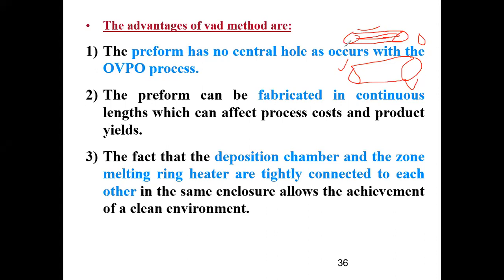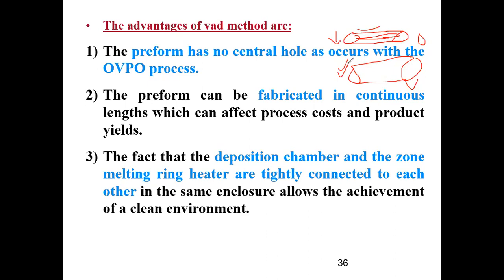यहाँ पे मेरे पास hole है, means I don't have the material required in this gap to fabricate the fiber. ये hole के बाहर मेरे पास वो material है. So even though I have a 60 centimeter rod, here I don't have the material. Okay, so the yield here it will be less. See, finally इसको हम melt करके ही fiber draw कर रहे हैं. So यहाँ पे I don't have that material which is occupying this central space. जबकि यहाँ पे it is a continuous structure. So उतना material मेरे पास ज़्यादा है in VAD compared to the outside vapor phase oxidation. So the yield will be much more.